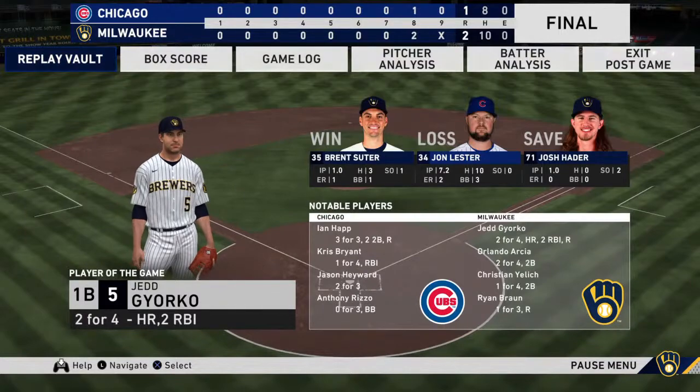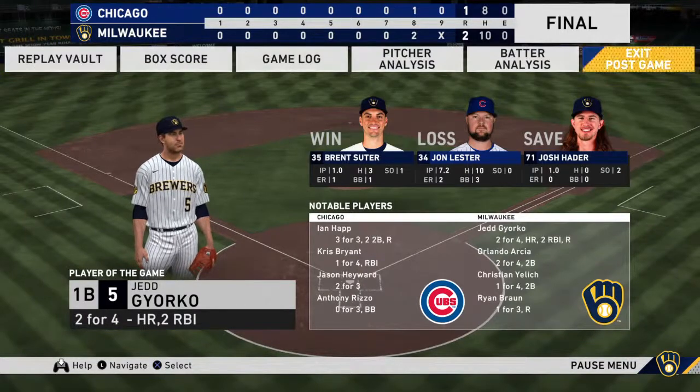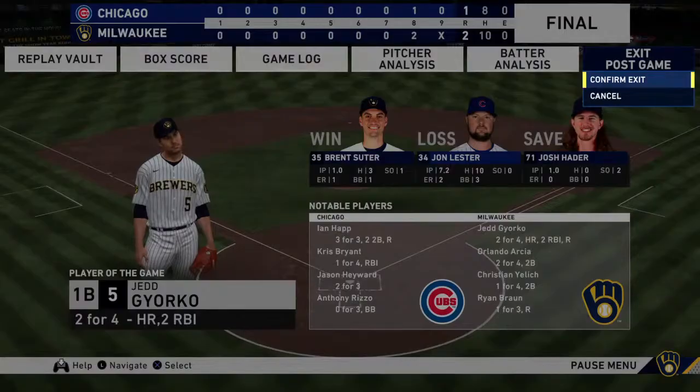Brent Suter takes home the win. John Lester pitched well, allowing only 2 earned, but ends up taking the loss. So that's a